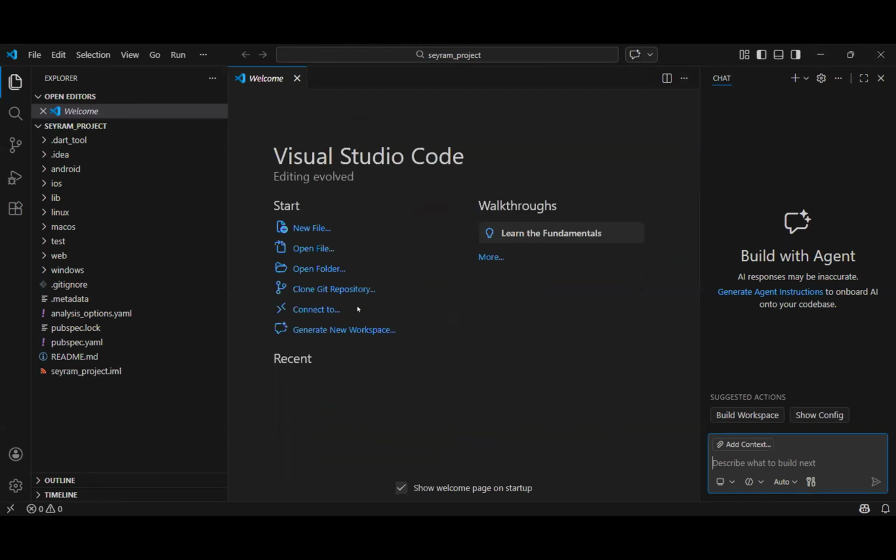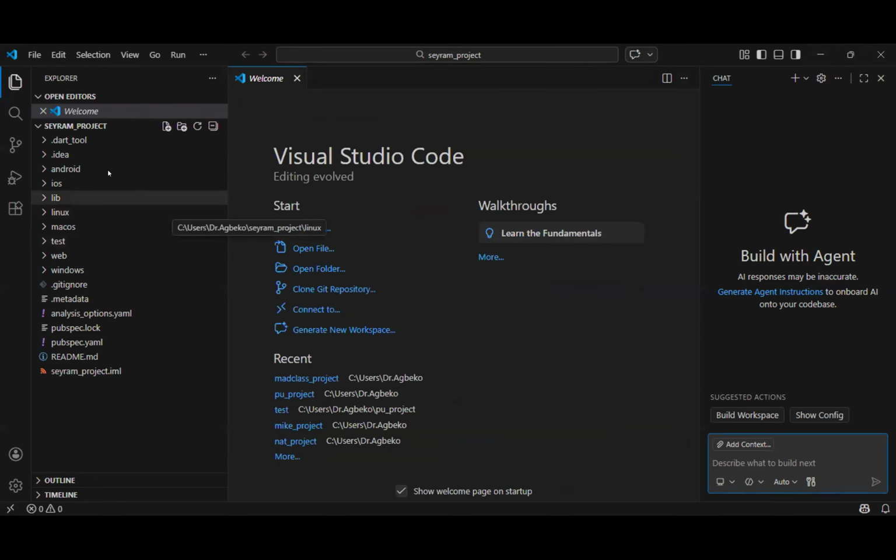So it has changed. Let's go back to the interface. Look at the Explorer. Have you seen the Explorer? Yes, sir. Have you seen open editors?